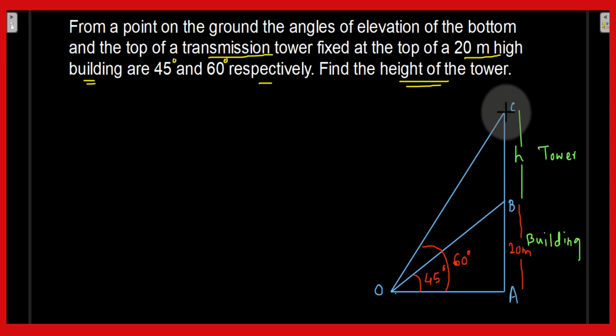Now we get two right angle triangles here. COA is the first right angle triangle, and the other is triangle BOA. With the help of these two triangles, we will find the height of the transmission tower. So first we will take triangle BOA. So in triangle BOA,